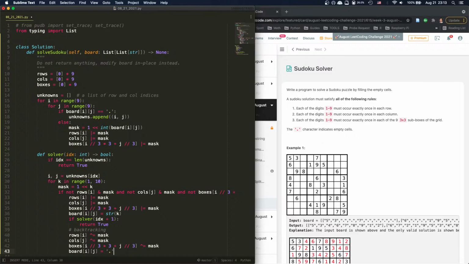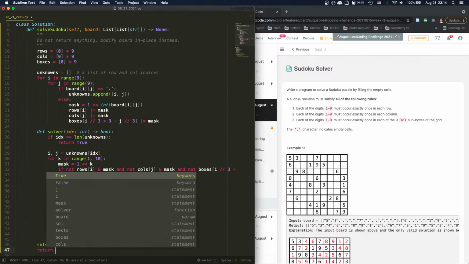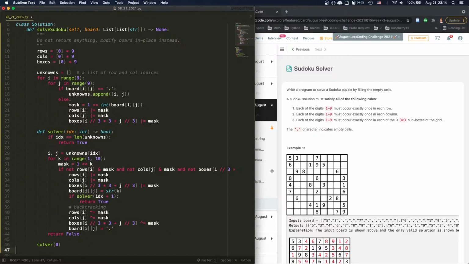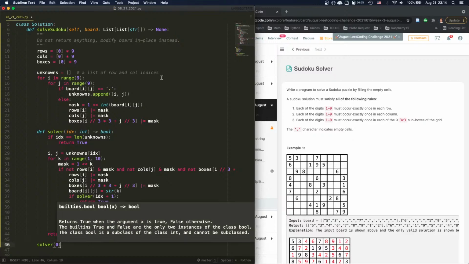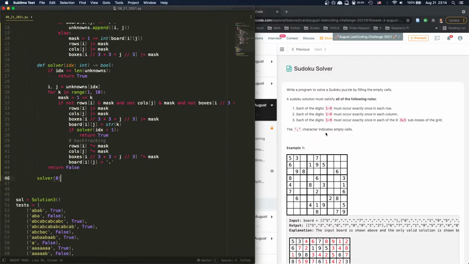If I check everything, right? So if for this position, I checked for every one, and none of them work, then I return false. Because if one of them works, this one will work, right? Then I return false. So that's solving. And now we can call solver(0) and return nothing. That's it, because it says they want you to modify the board in place. All right, let's